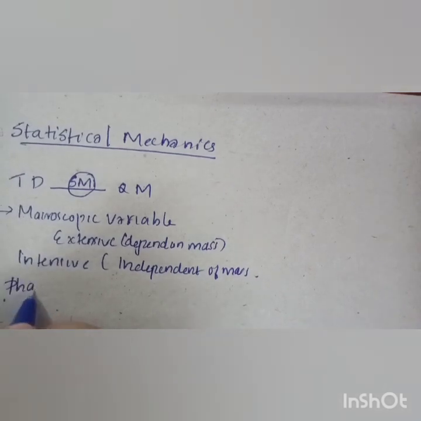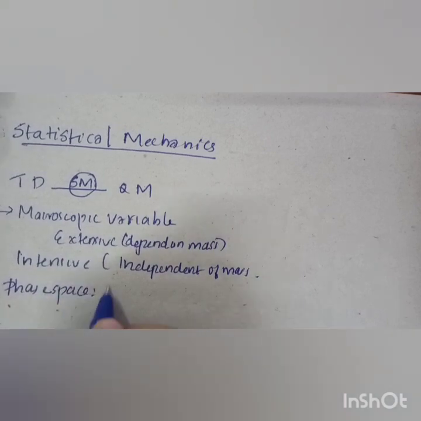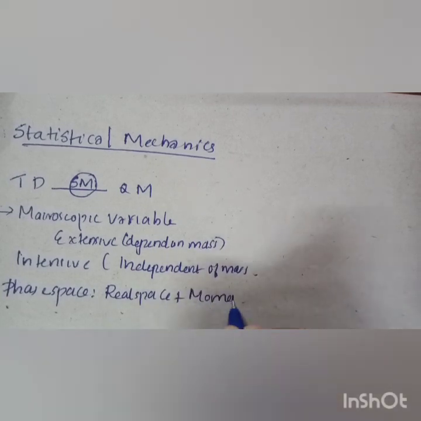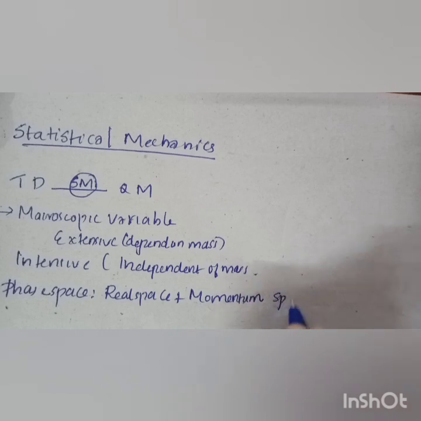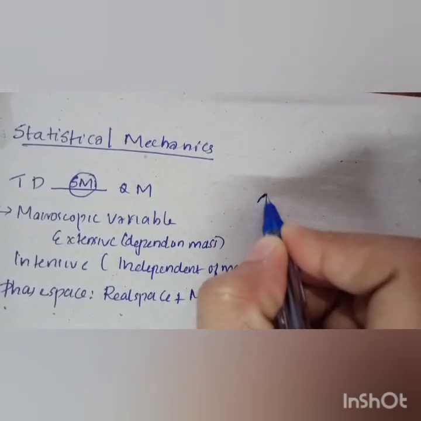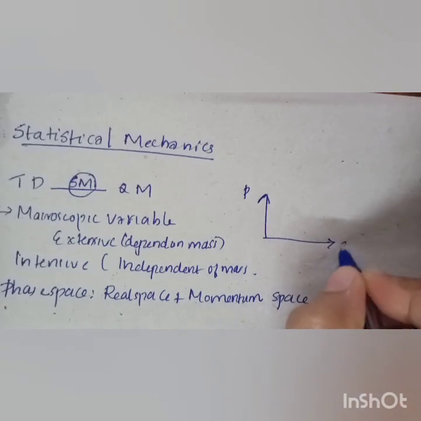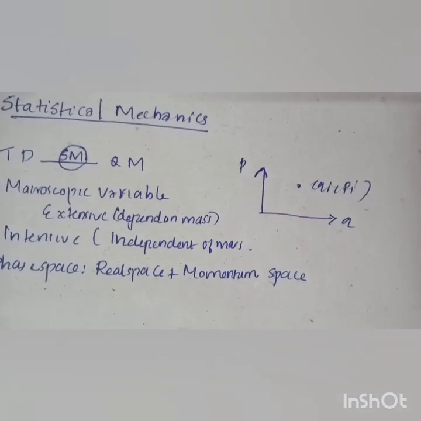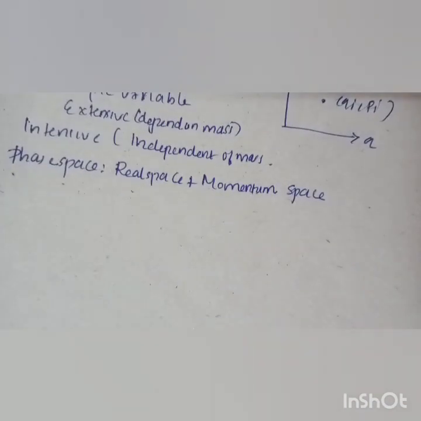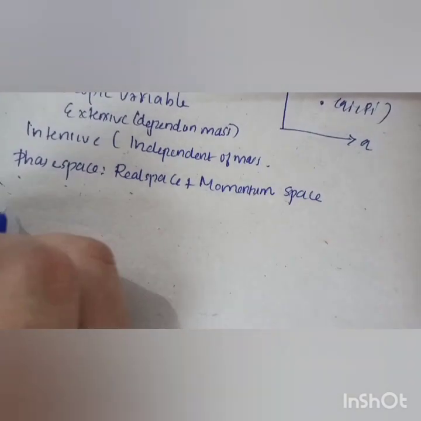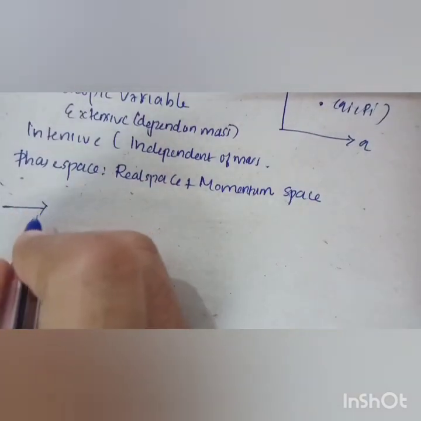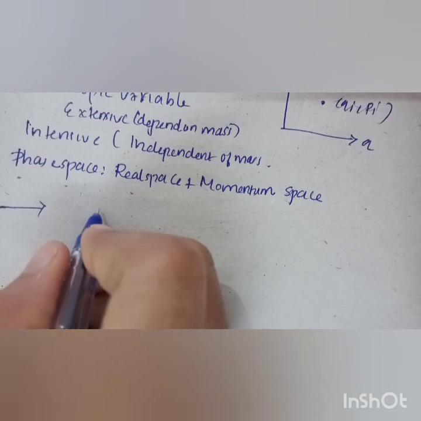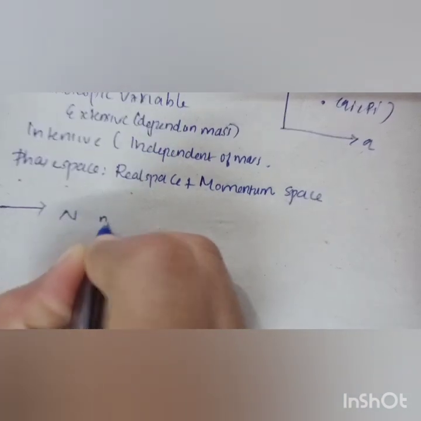And the phase space is the space of real space plus momentum space. So if you consider the phase space, this is momentum, this is position. So if you consider a point qi, pi, that is position and momentum. Okay, so then you also have to consider some equations to find the dimension of phase space and the volume of unit cell. So if you consider n number of particles,